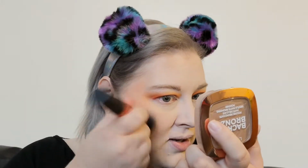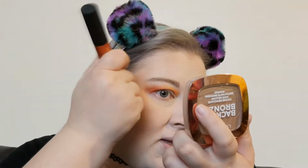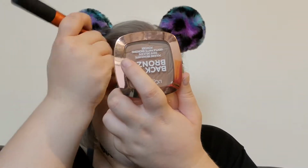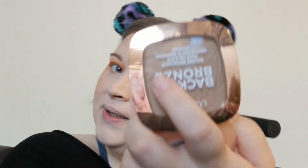So, right, as soon as my brush is dirty anyway, I'm just going to try and get a bit of Mills on the edge of my brush and go over what I've just done. My hair's all coming out of my headband. Once my hair's over the edges as well, it will look even better. Right, I'm just going to do the same on the other side, where I would blush and highlight, because I'm going to go over the top of this. I just want to get a really warm